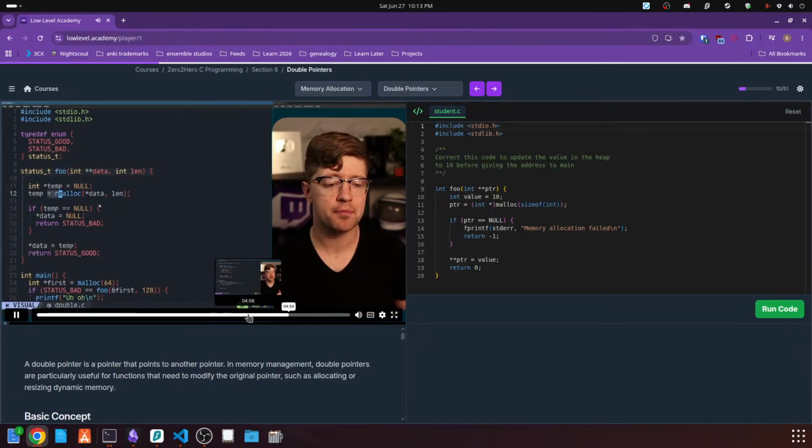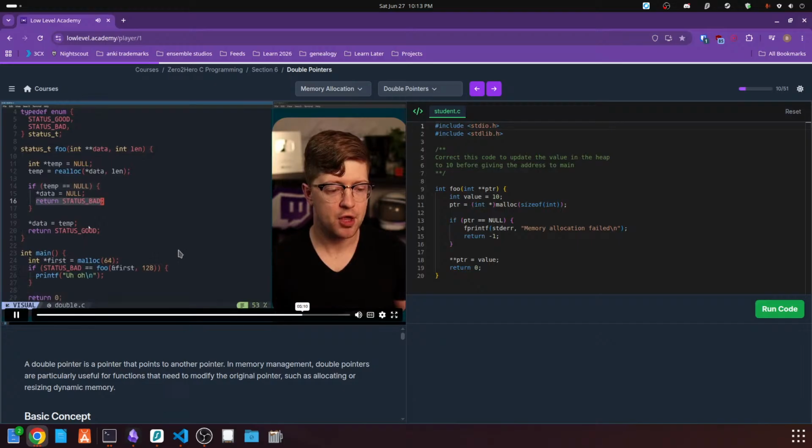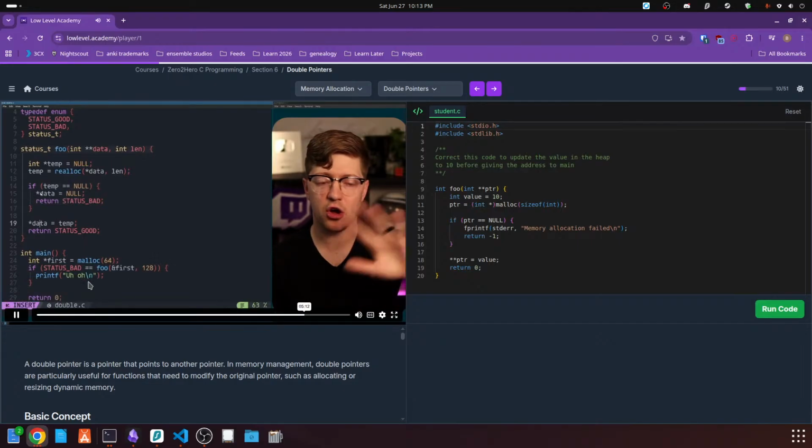Buffer bigger or smaller. We say realloc the thing pointed to by data, because that points to our pointer, to a certain size. If temp fails, we are going to set that pointer equal to null, because now it failed to reallocate, and then we're going to return status bad. Otherwise, if it passes, if all of the stuff